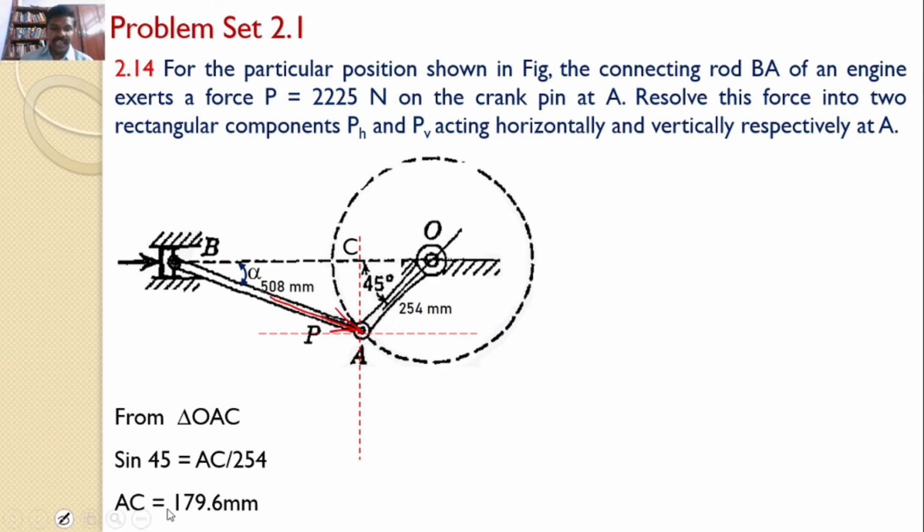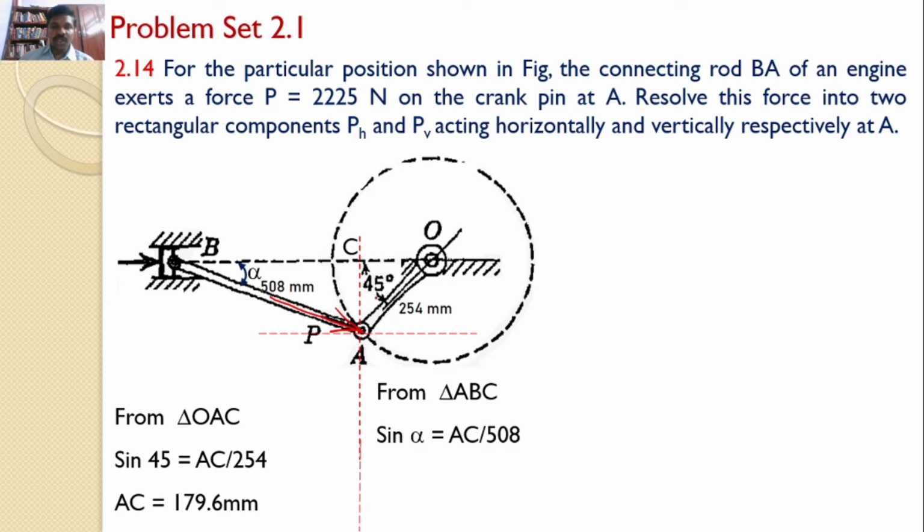Hence I can calculate AC value as 179.6 mm. This AC value I got as 179.6 mm. Now I will consider the triangle ABC, from which I can calculate the value of alpha. How can I calculate that alpha? So from triangle ABC,